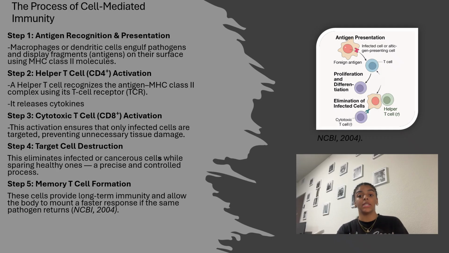So a helper T cell is going to see that antigen, recognize the threat, and then send out cytokines, which are kind of like a group text alerting the rest of your immune system. Those messages that are being sent out are going to activate the cytotoxic T cells. These are like the body's assassins that are going to hunt down those infected cells. Once those are activated, those cytotoxic T cells find any cells that are showing the same antigen on MHC I, and they are going to destroy them using the perforin and the granzymes, which are going to poke holes and trigger